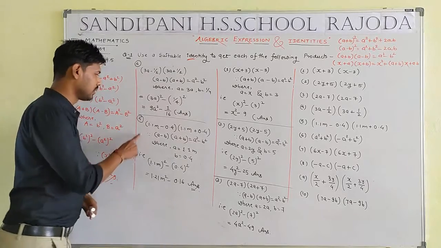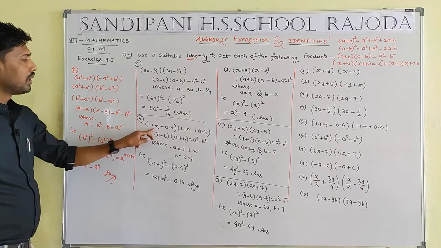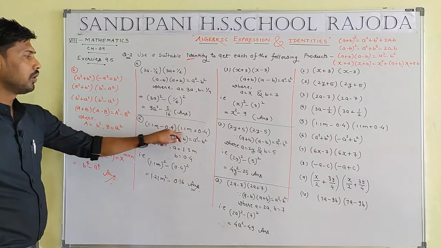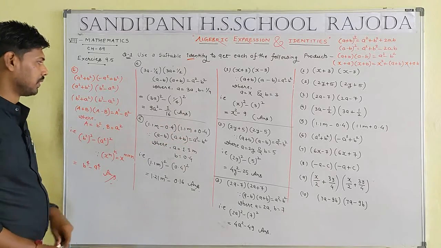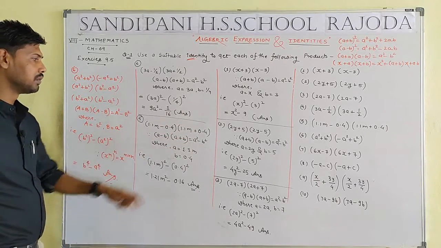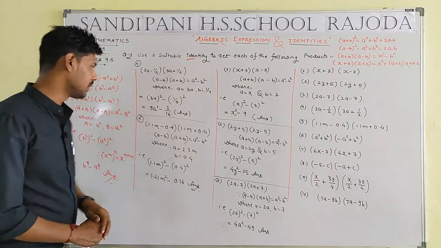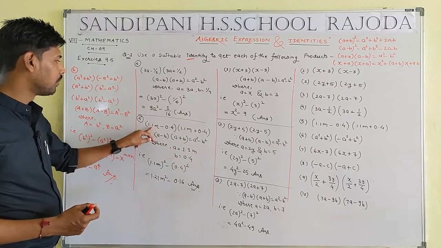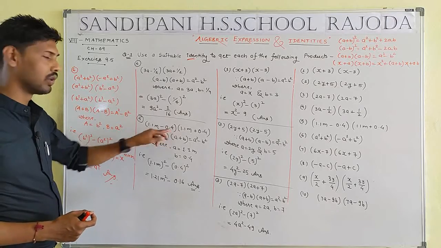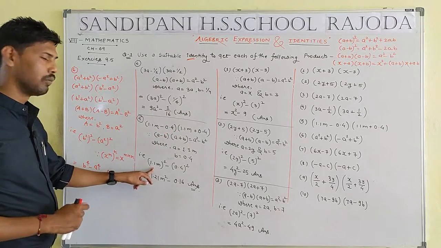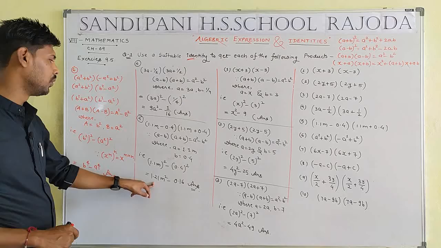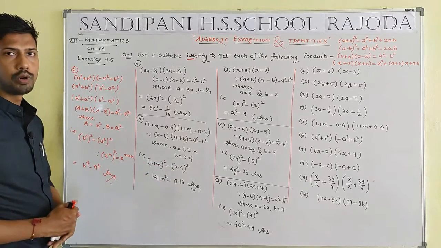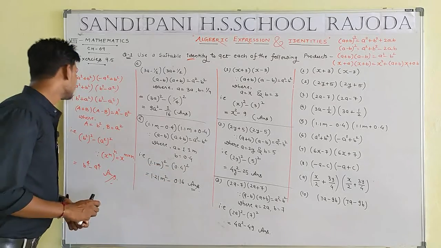Okay student, now next question. 1.1 m minus 0.4, 1.1 m plus 0.4. A minus b, a plus b, that means a square minus b square, such that a will be equal to 1.1 m and b will be equal to 0.4. So 1.1 whole square becomes 1.21 and 0.4 squared becomes 0.16. Next,